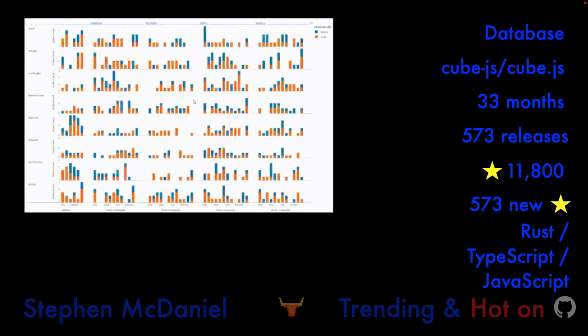So feel free to take a look at this project. I think it has a lot of promise for people who are dealing with a complex array of data sources, and they don't really have a unified data warehouse, but instead are dealing with lots of data lakes that are feeding their projects.